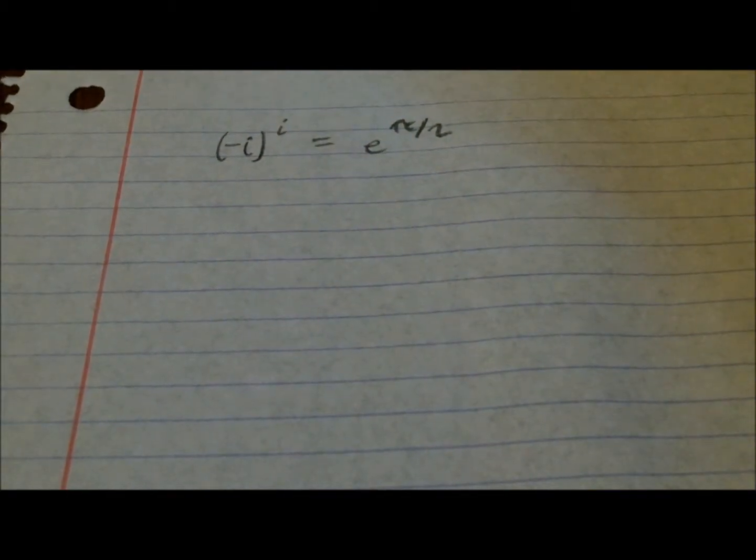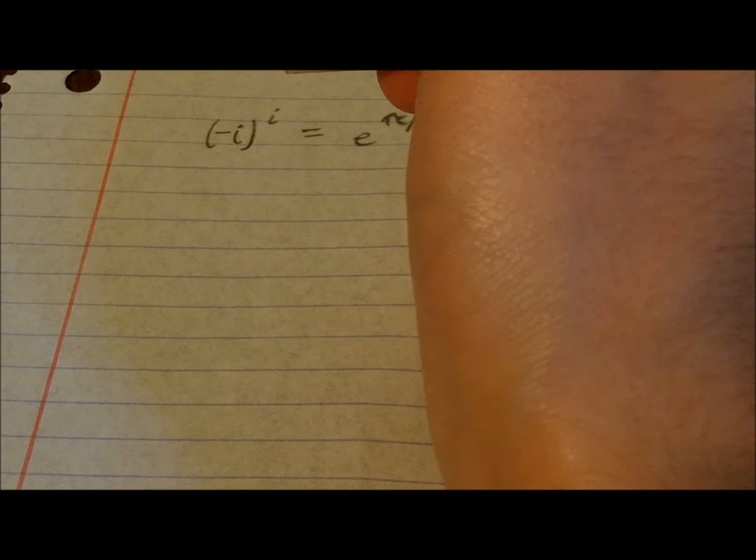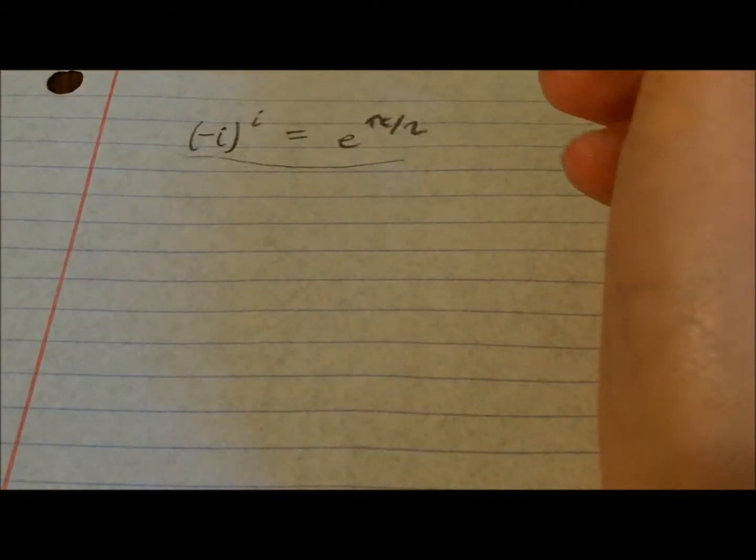That, at least, is correct. But if we just ignore that for the moment, because we know this is true, I'm going to do something else. I'm just going to say negative 1 to the i. If we really want to know the value of negative 1 to the i,